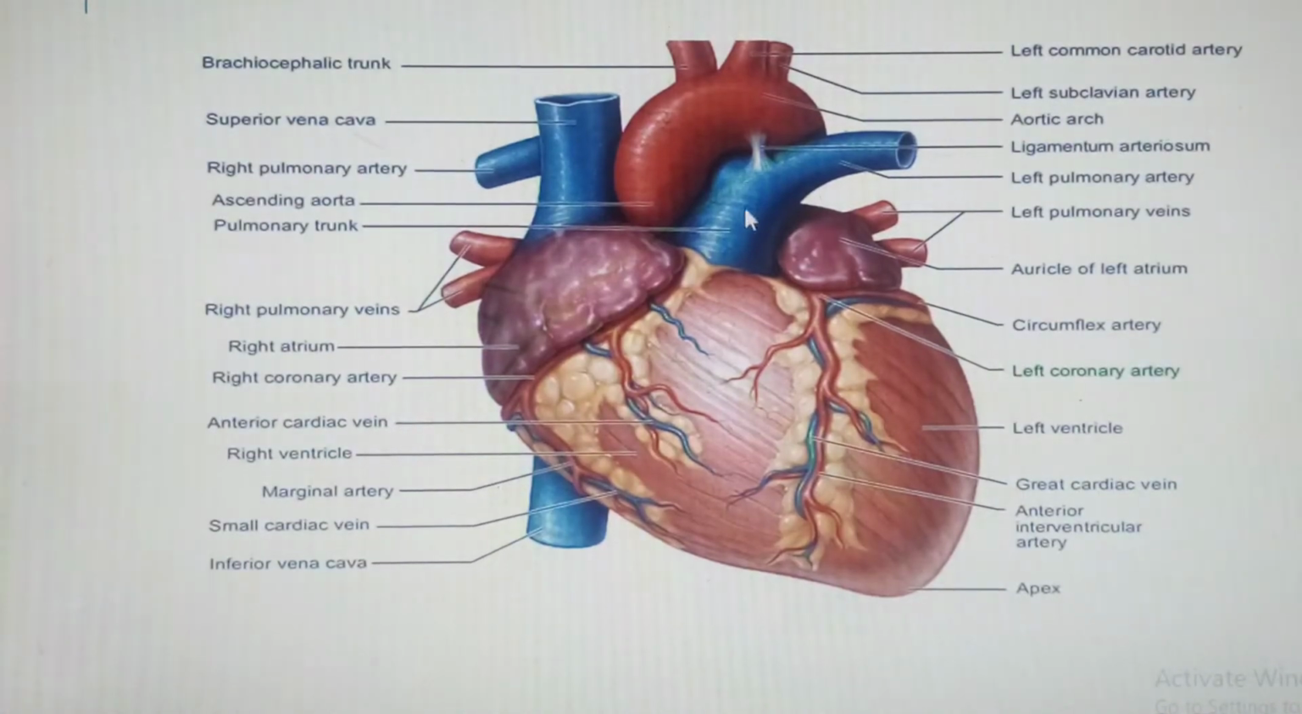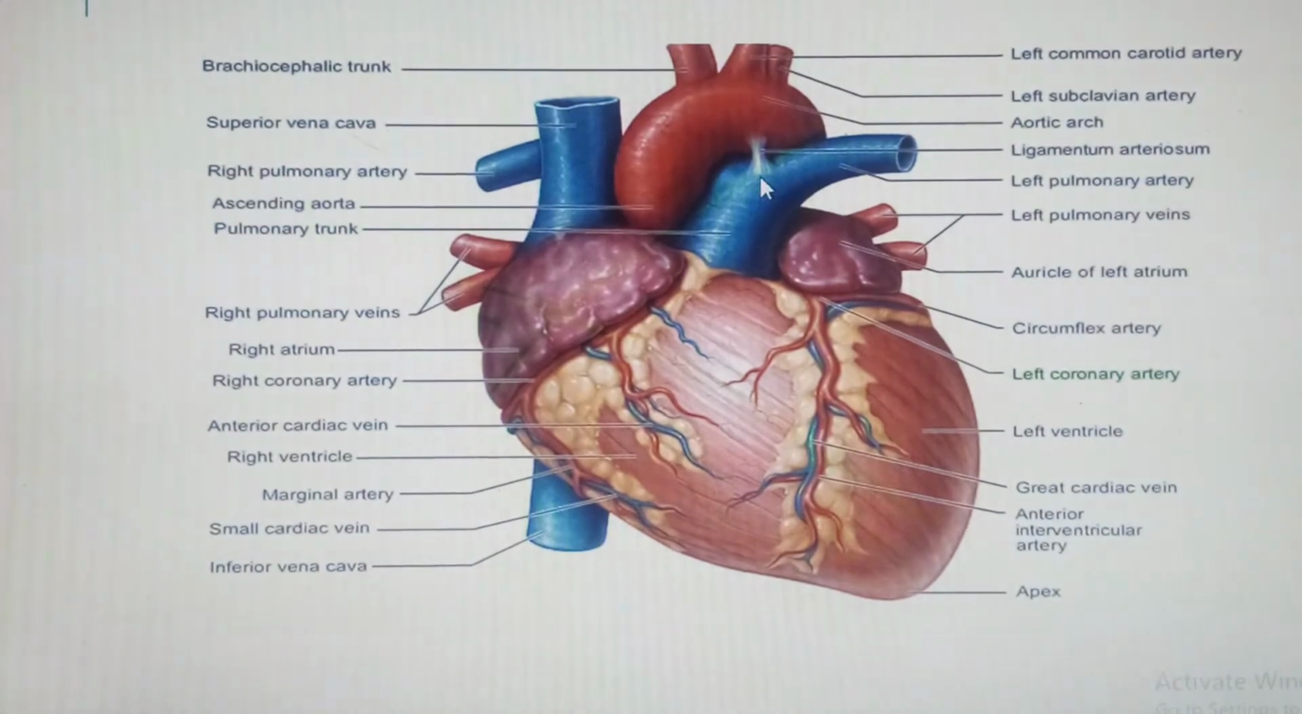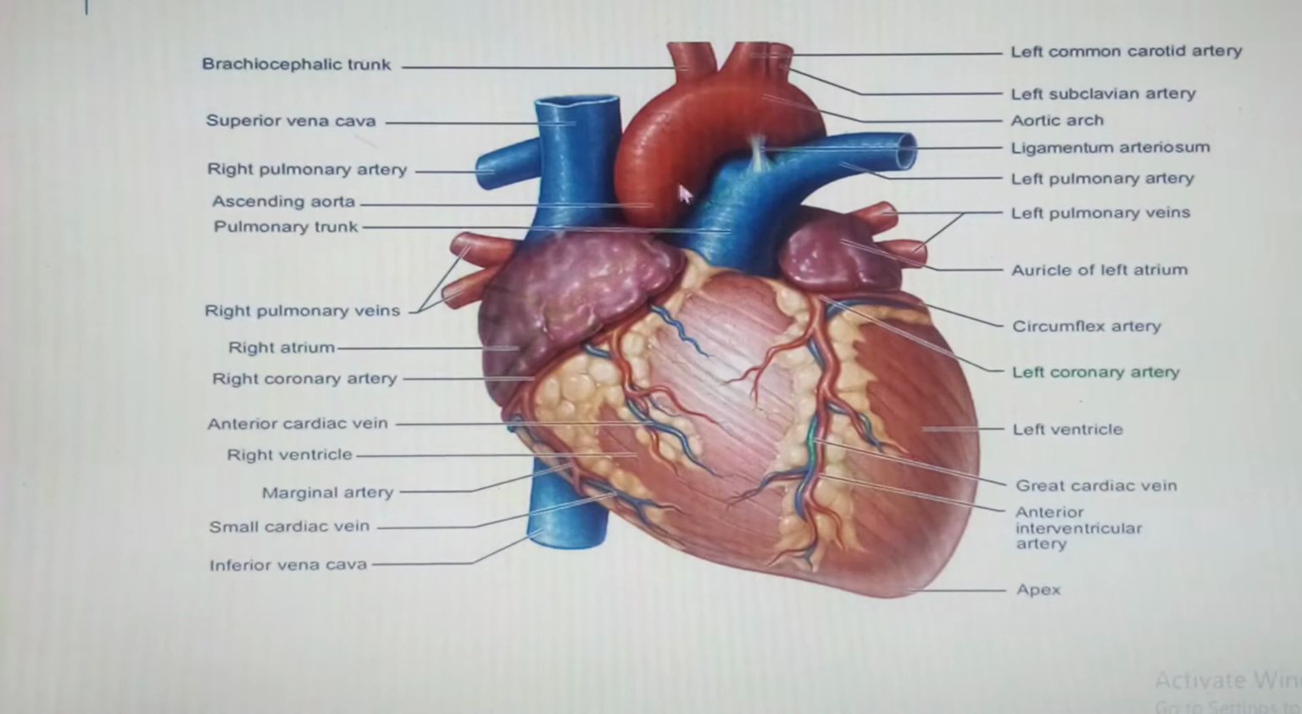The pulmonary trunk, although yes, it is one of the arteries, is carrying deoxygenated blood, and that is why we've labeled it in blue color. You can see the arch of aorta is actually red. This one is blue because it's going to carry deoxygenated blood. Post-fetal life, the only artery which is going to carry deoxygenated